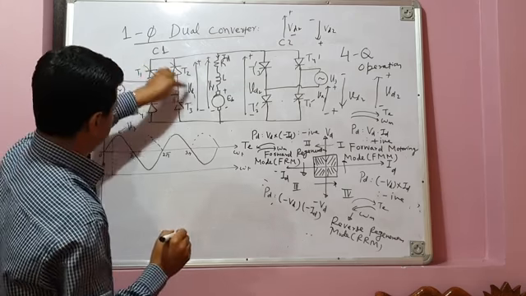In the next positive half cycle, again firing pulses are issued to T1, T3, and in the negative half cycles, firing pulses are issued to the T2, T4 pair. That's here. T2, T4, and in this negative half cycle also T2, T4. It's very important. This is for converter C1.